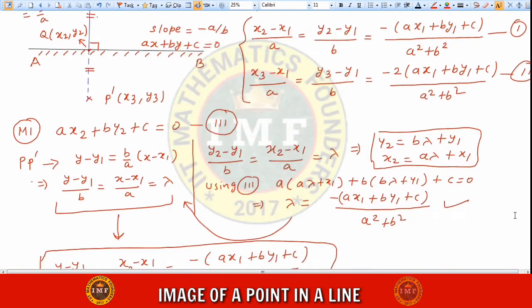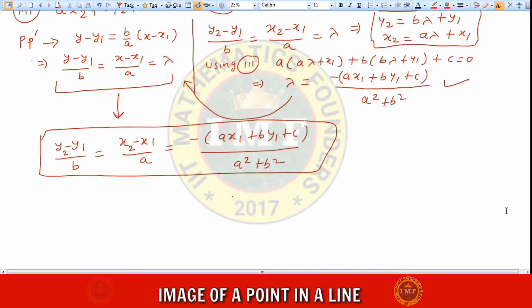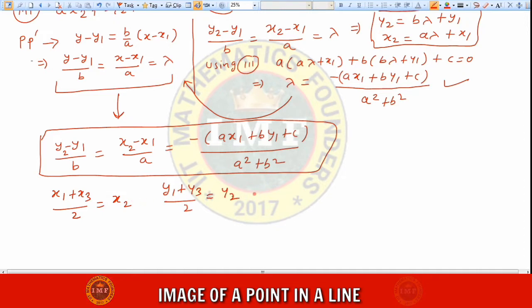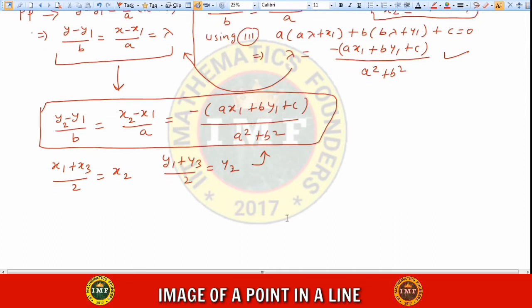So what I'll get here using the midpoint formula, here I can write (x1 + x3)/2 = x2, and similarly (y1 + y3)/2 = y2. So these values of x2 and y2 I am putting in this equation. So then what I will get here is